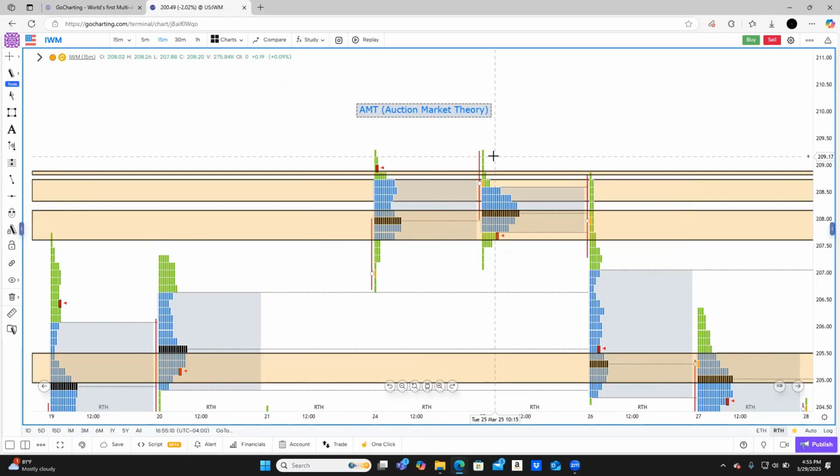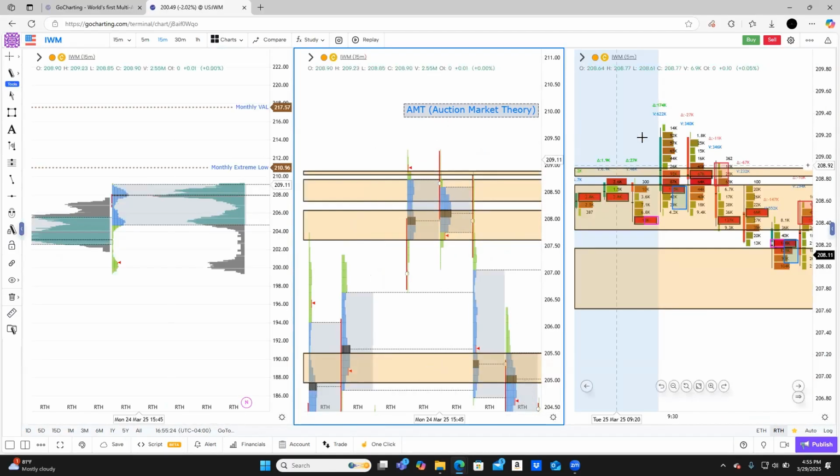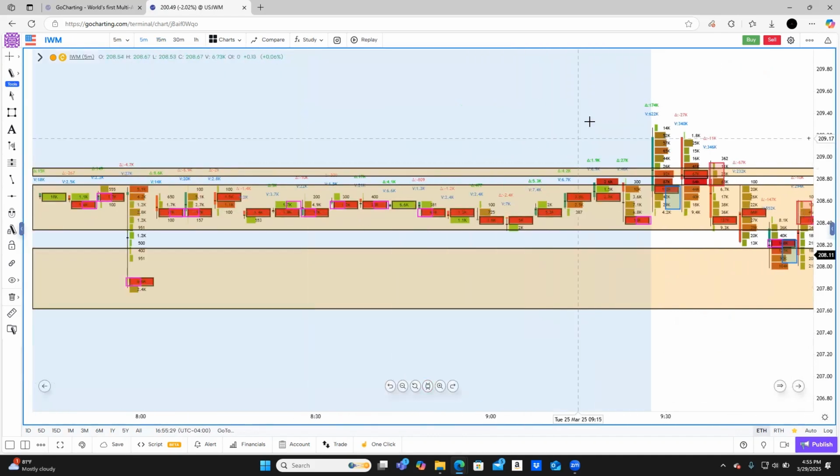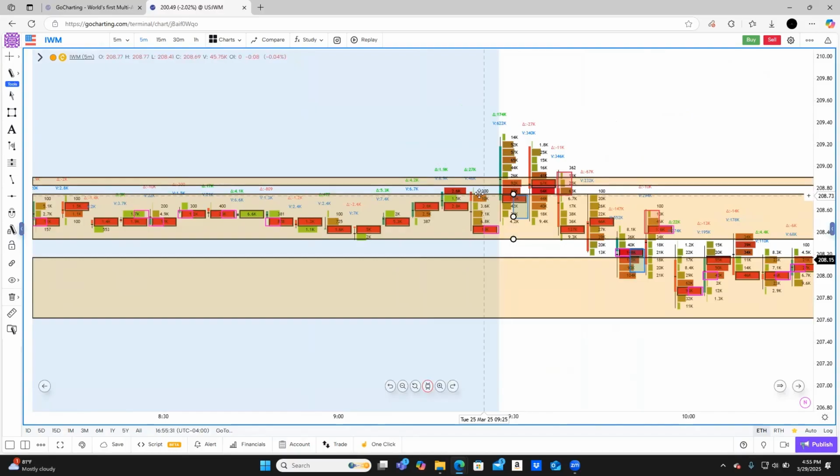So March the 25th. Obviously, you can see it faded, right? It opened at 208.64 and it closed around 207.68. But let's look at it in order flow. So here's order flow, and I have those same areas in order flow. Here was the top of that value on the 24th, the bottom of that second fair value on the 24th. Here's the top of that fair value area, the second one on the bottom. Here's the bottom of that second fair value.